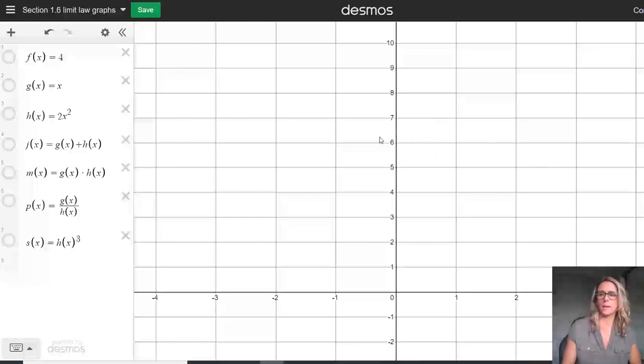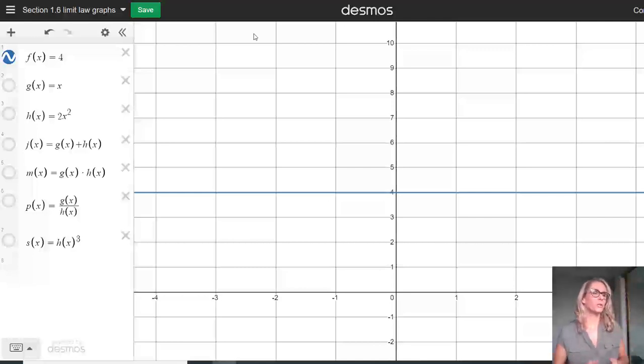So the first property is the limit as x goes to a of c is c. And what that's telling us is that if you ever have a function that is a constant, the limit as you approach any x value is that constant. And you can see from the graph here that as you approach -2, you have the value of 4. As you approach 1, you have the value of 4. So any x value that you can imagine, that limit is always going to be that constant, in this case, the constant of 4. So that's why we have limit law number 1.